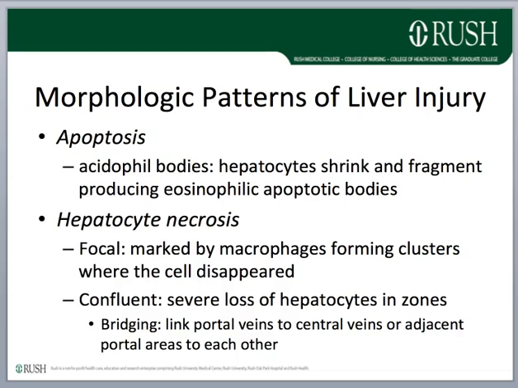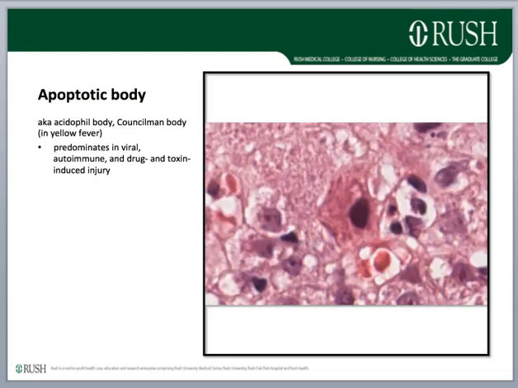Kind of a twist on this is that the necrosis can be so-called bridging, and you'll see bands of necrosis extending from portal veins to central veins, or from adjacent portal areas to each other. So just be familiar with these terms of focal necrosis, confluent necrosis, and acidophil bodies, which also has a couple other names. So an apoptotic body, aka acidophil body, also known as Councilman body, specifically in yellow fever, is this